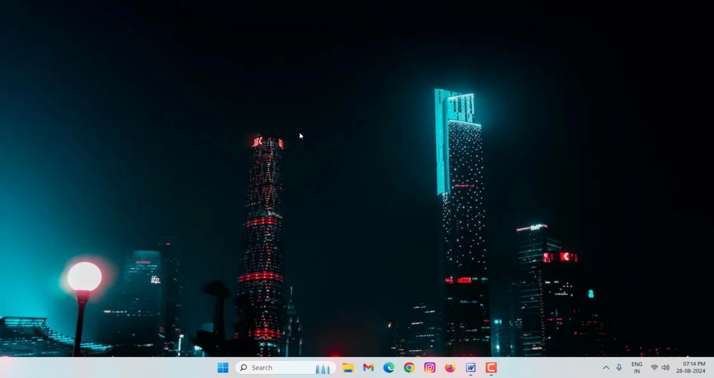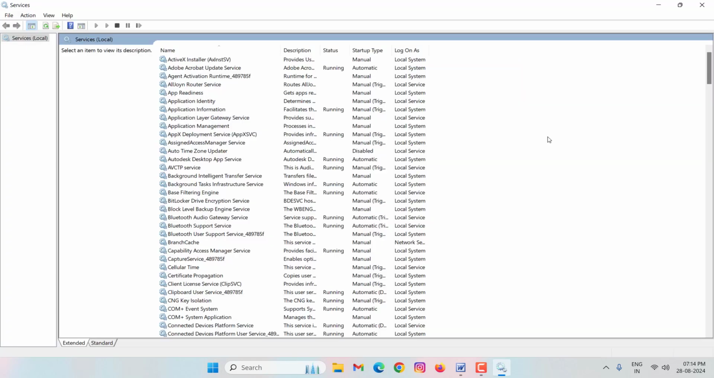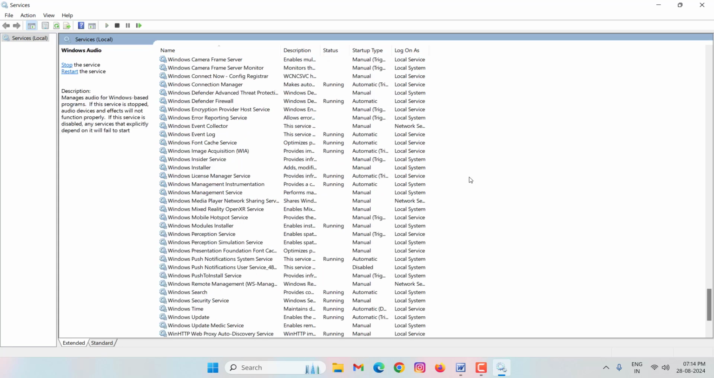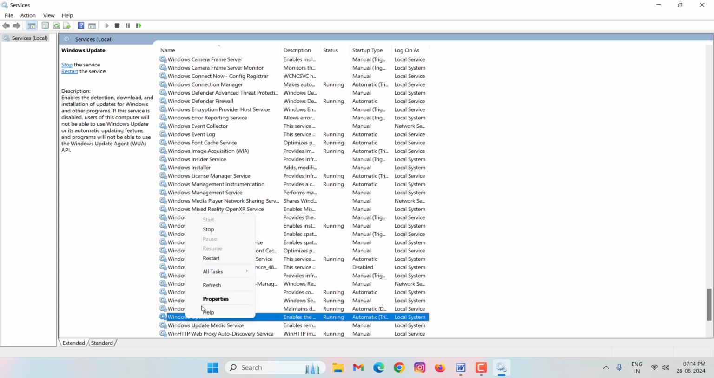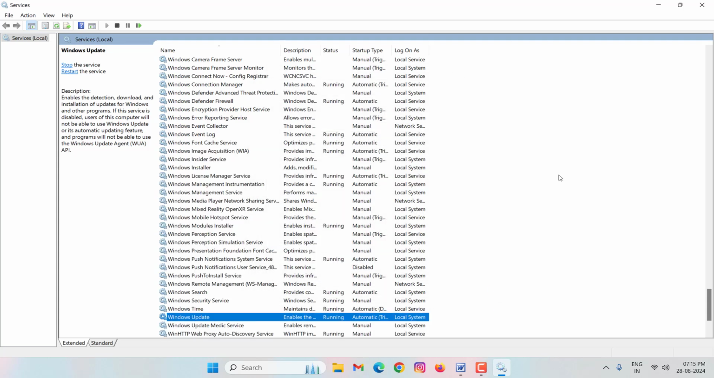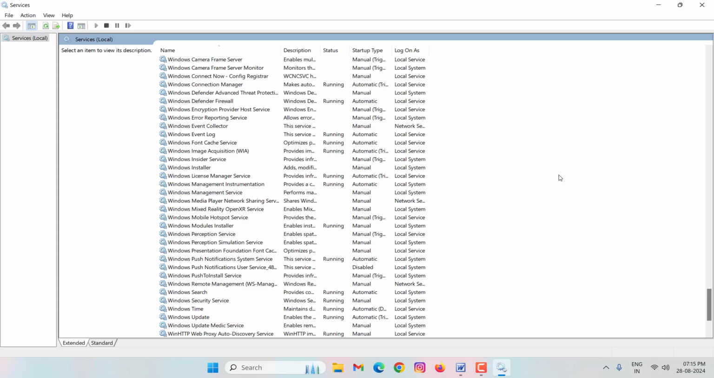then go to the services. In this you search Windows Update. You can see here Windows Update. Right click on this, click on properties, select here automatic as the startup type, then click on apply, click on OK. Then close this window,